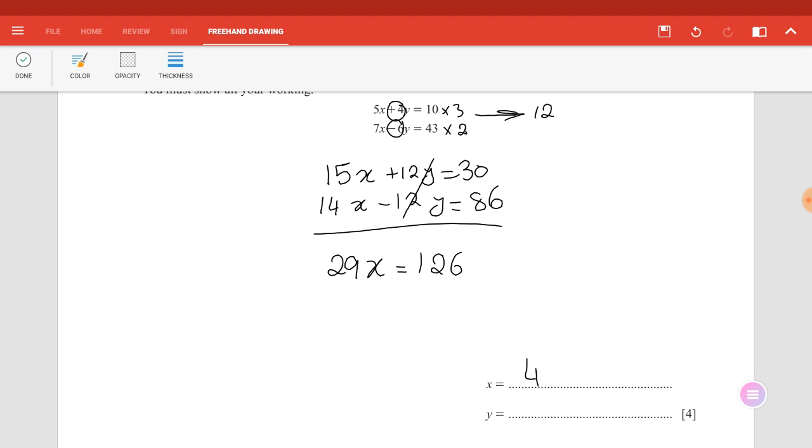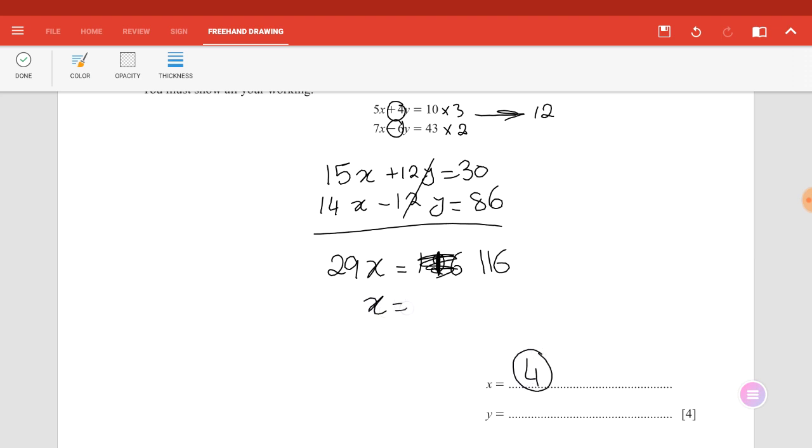Okay, maybe I made a mistake. Yes, this is 116. That's why we should use our calculator sometimes. 116 divided by 29 is 4,